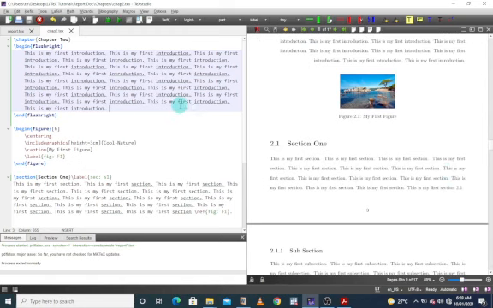So basically this is how we can label and refer to some numbered items in LaTeX and also how to align